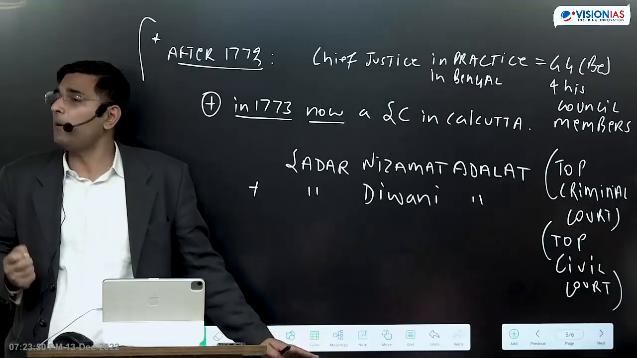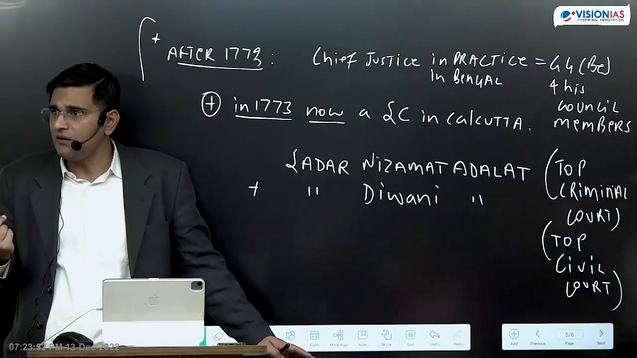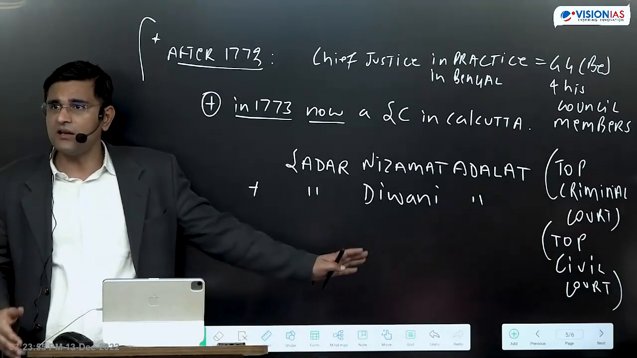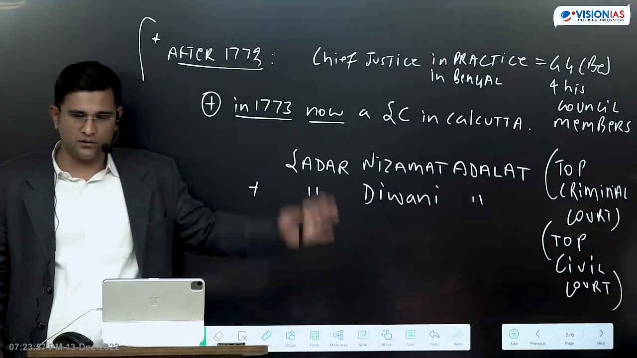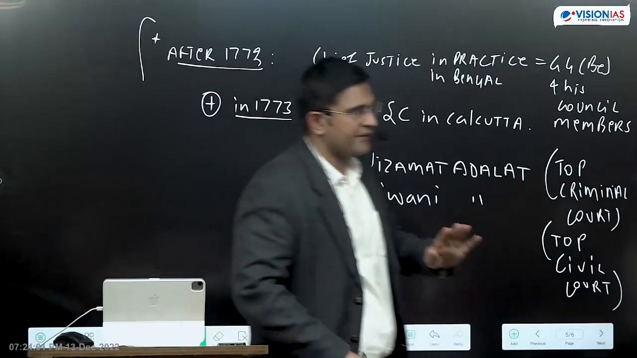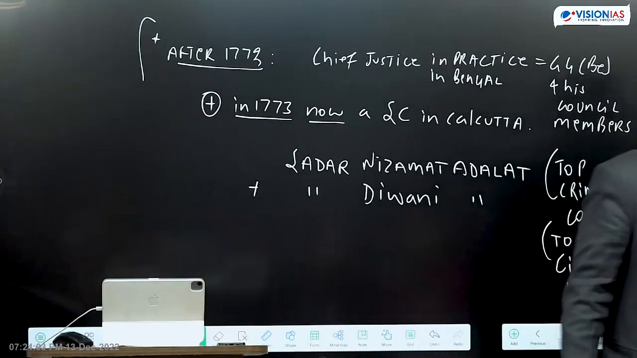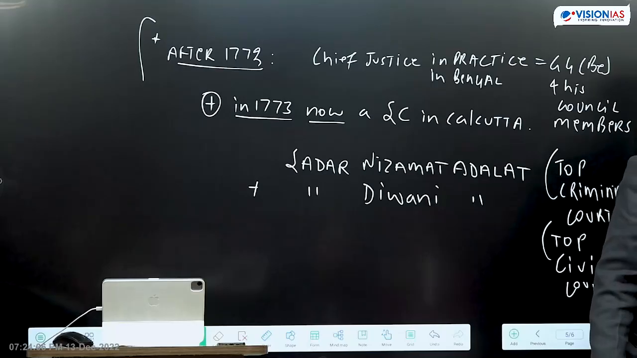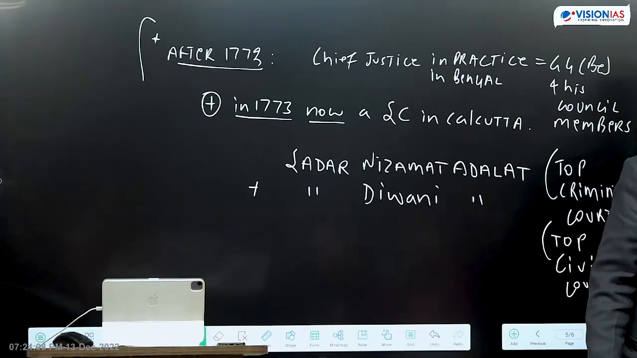So what will be the population of the Britishers? Nothing. Sadar Diwani Adalat and Sadar Nizamat Adalat, they are much bigger compared to Supreme Court at Calcutta. So do not get fooled by this name. This Supreme Court at Calcutta is a Supreme Court only in name. It is only for a very limited number of people who are the Britishers, and its jurisdiction is also limited to